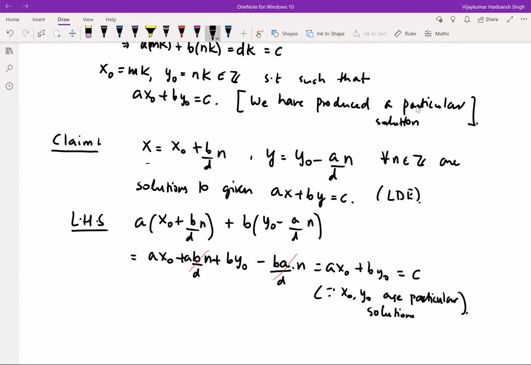Therefore, we get that these are the solutions. So therefore, these are the solutions. Now claim 2: all solutions are of form